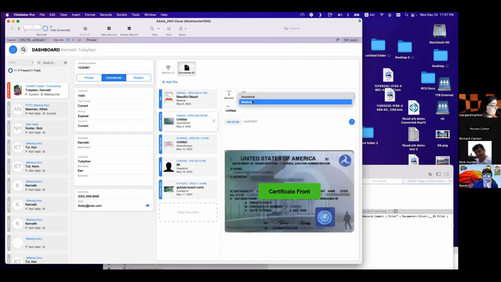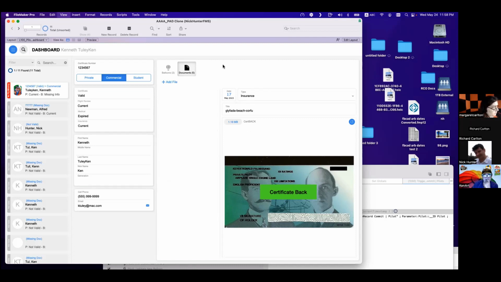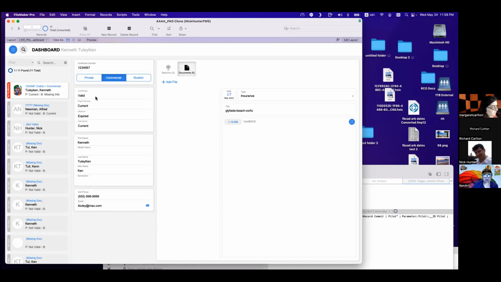So I'm going to remove the front. It's still valid. Okay, so I remove the back. I touched so much of this, it says still valid, but this doesn't happen anymore. Yeah, it's still valid. Okay, let's see why.